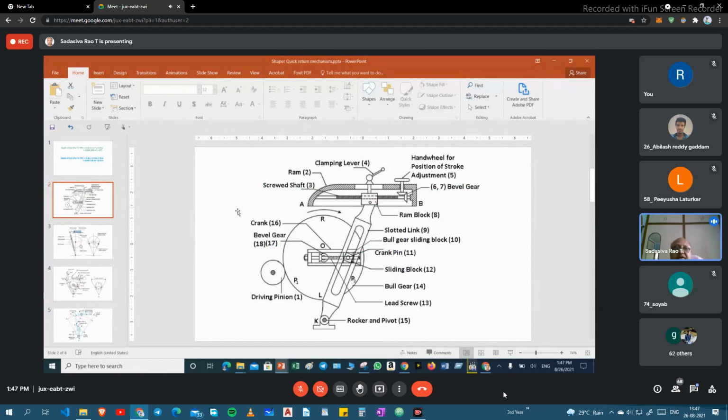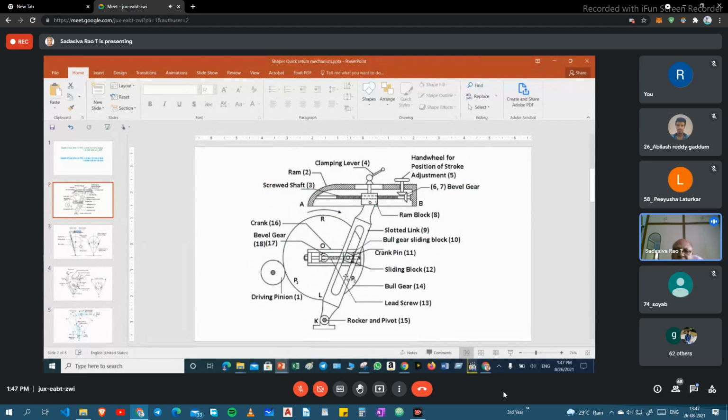In this video, this arrangement you can see. Inside, this is the sliding block. This sliding block rotates in a particular circle, that is, it will rotate in 360 degrees.